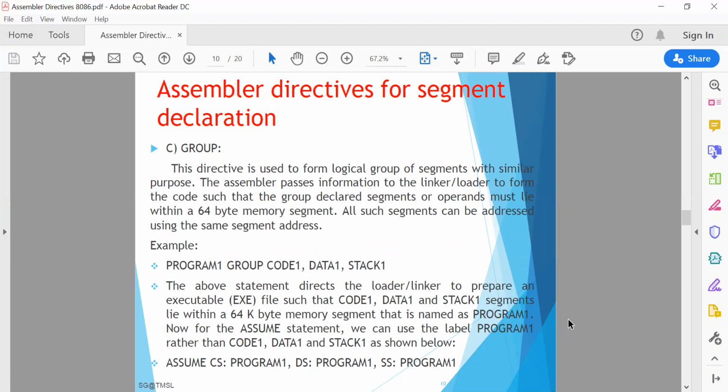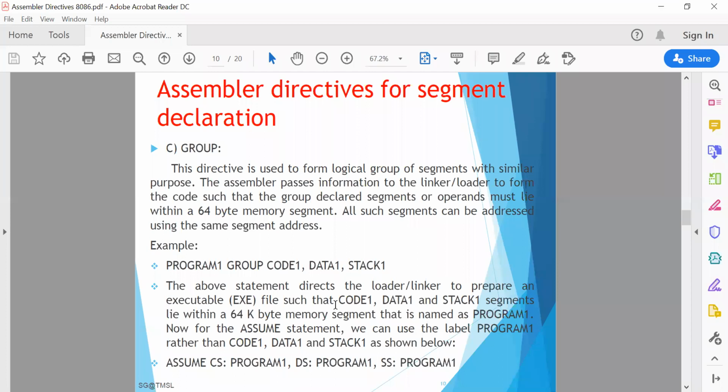Then the next assembler directive is group, for segment declaration. This directive is used to form logical groups of segments with similar purpose or the same type of functions.